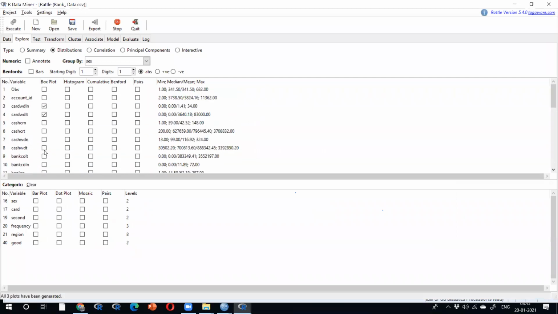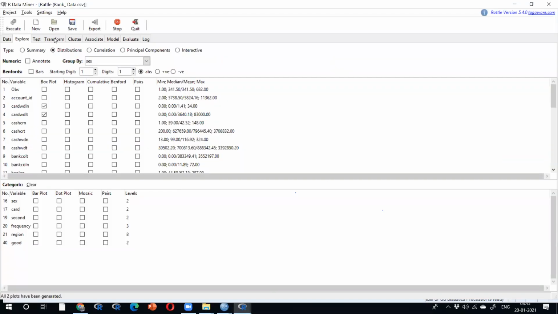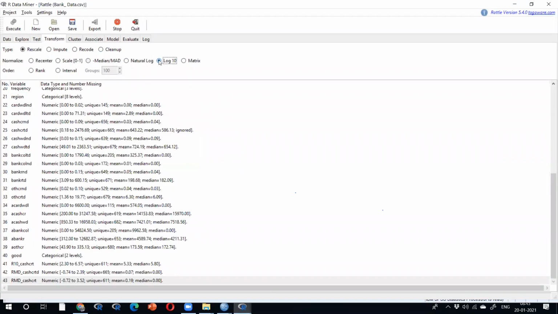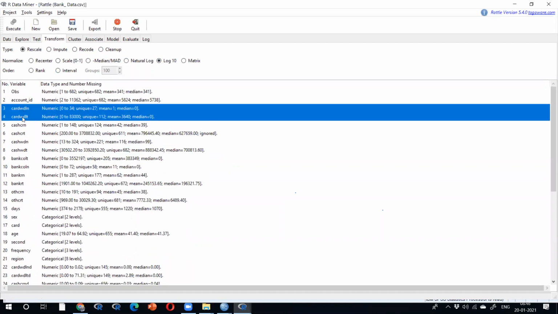The first two variables I'm going to select. How are the first two variables behaving? A lot of outliers. Bad data. So clearly I can go for transformation with the log of these first two variables, right?